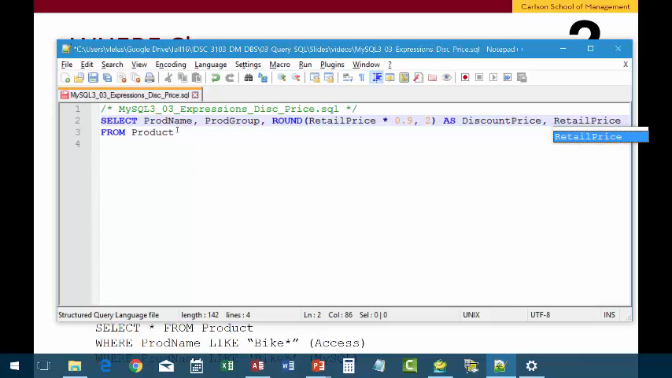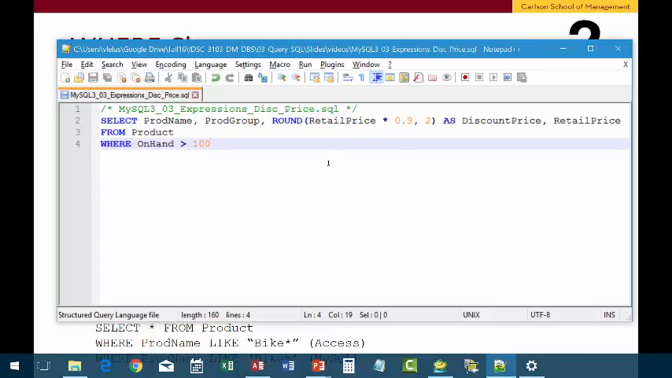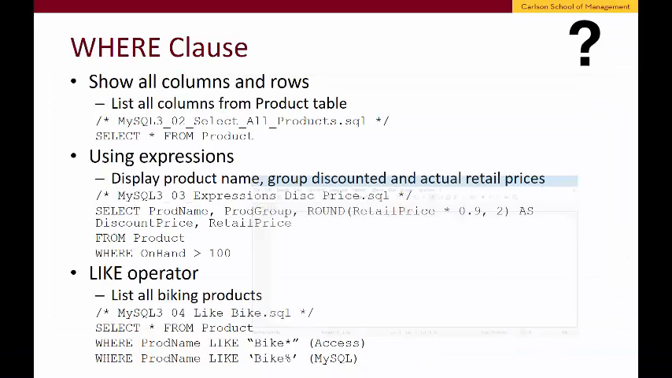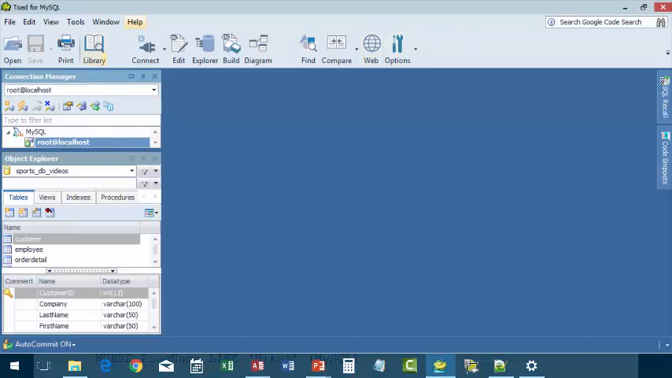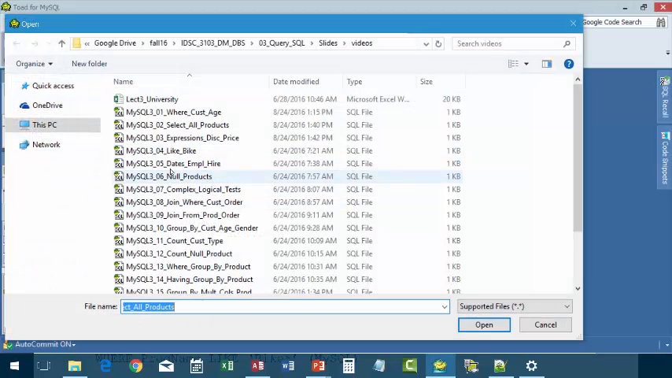Okay, so there's going to be 4 columns resulting from the select statement. The product name, group, the discount price, which is 90% of the retail price or 10% discounted retail price rounded to 2 digits, and the retail price itself from the product table, okay, where on hand, which is the inventory, is at least 100. Okay, we'll save that, review it, close it, and minimize Notepad++, open that third script,